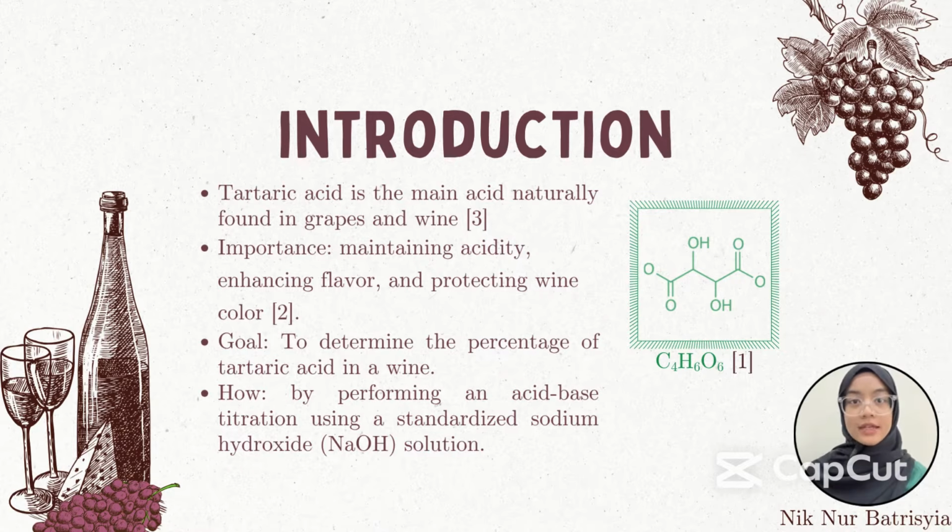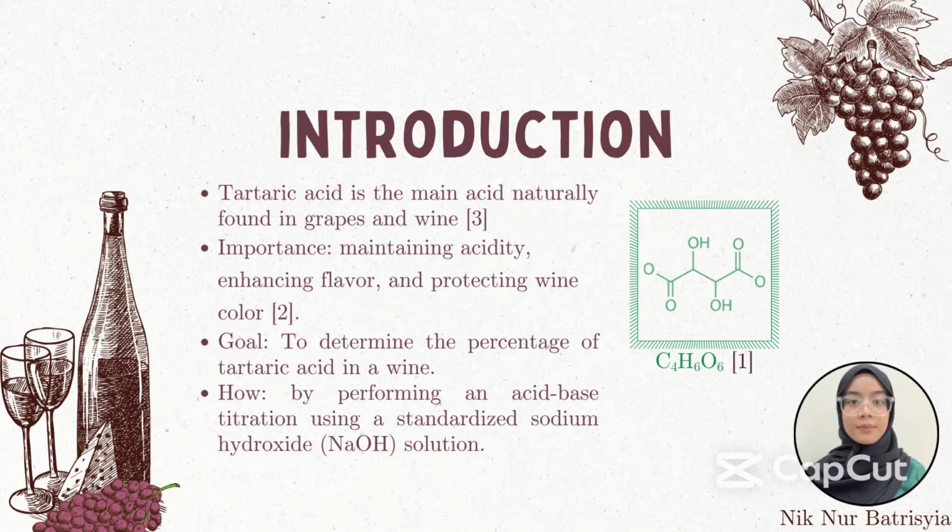Did you know that one of the main acids in grapes and also in wine is called tartaric acid? As Muslims, we may not consume wine, but that doesn't stop us from exploring its chemistry. Tartaric acid is not only found in wine, but also used in food, skincare, and even in pharmaceutical products. Tartaric acid gives wine its sour taste, maintains the color, and helps preserve the wine, making sure it lasts longer